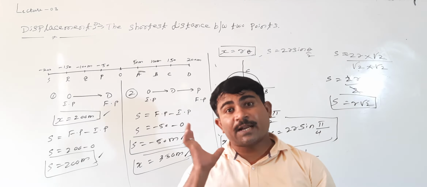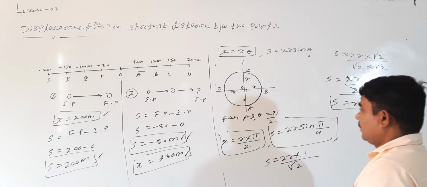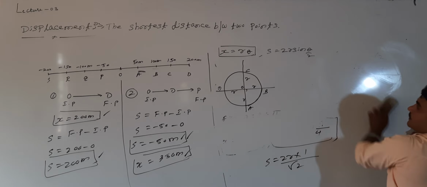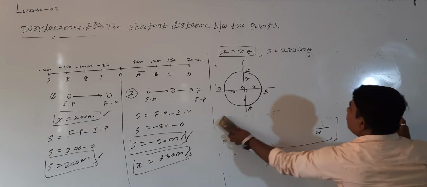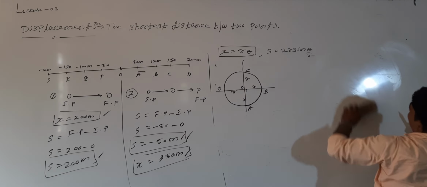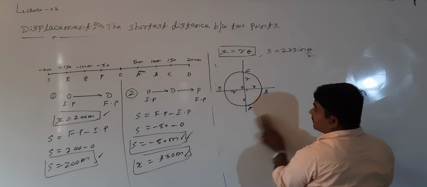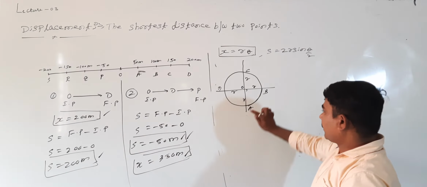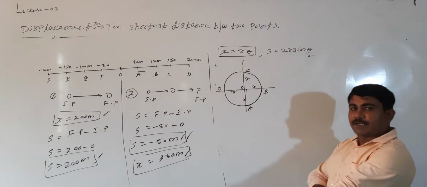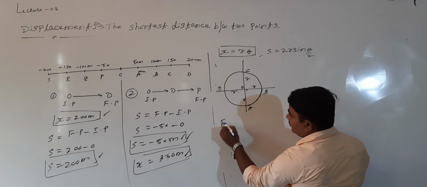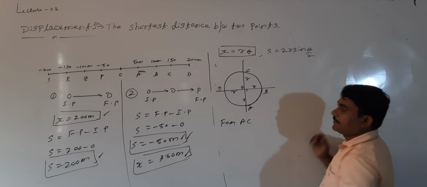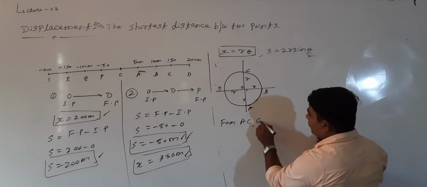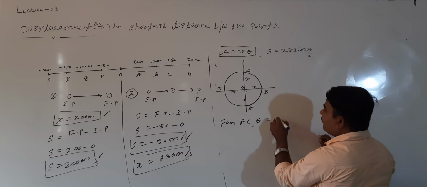Right? For a half circle, again, how to check? What is the general formula? S is equal to R into theta, and displacement S is equal to 2R sin(theta by 2). Are you following this? Now let us take the particle moving from A to C, a half circle. For AC, what is the theta here? 90 degree plus 90, so 180 degree. 180 degree means pi radian.